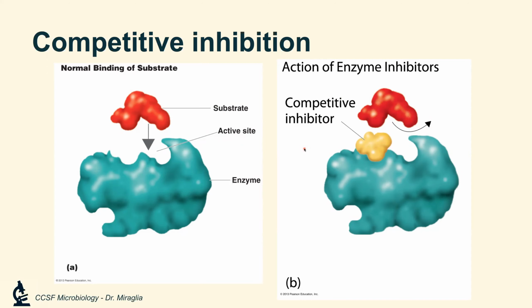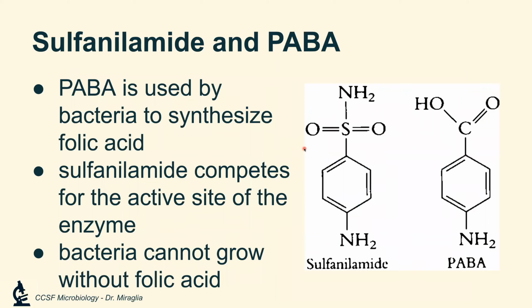And there are some important competitive inhibitors in microbiology. A famous one is the drug sulfanilamide. If you take a look at sulfanilamide and compare it to this molecule, para-aminobenzoic acid, I hope you'll notice that the whole bottom half of the molecule is identical. It turns out that bacteria use para-aminobenzoic acid as part of the process of making folic acid, and bacteria require folic acid to grow. Because these two structures are so similar, if you give a bacteria sulfanilamide, it will prevent their ability to